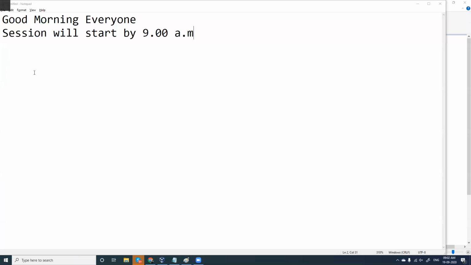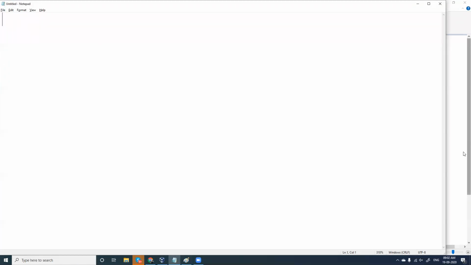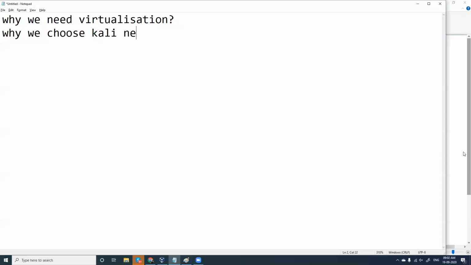We'll go on like this. Why do we need virtualization? Right? What is the need for virtualization? Why do we choose Kali Linux? What is the need for us to choose Kali Linux OS? And we'll start with this. So when it comes to the need for virtualization, there are two needs.